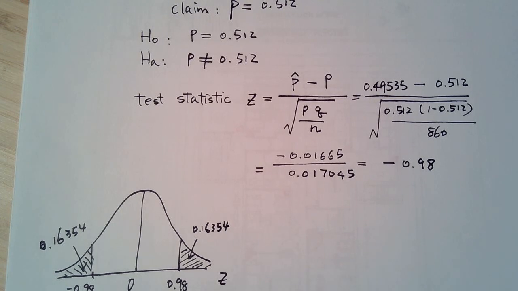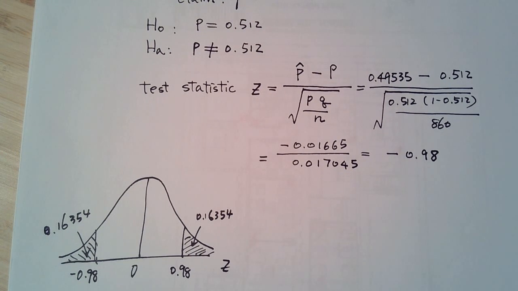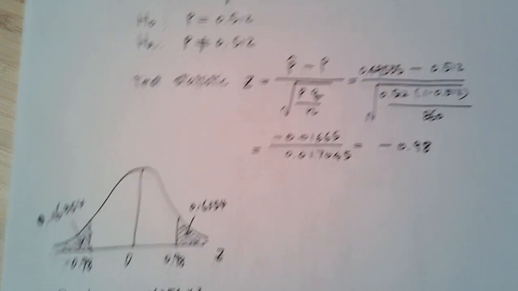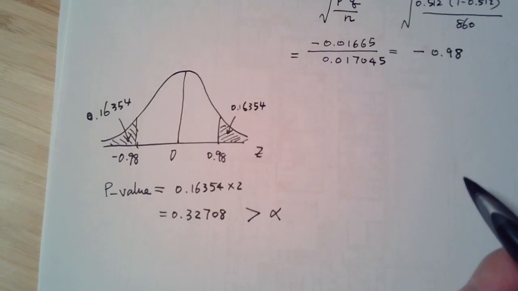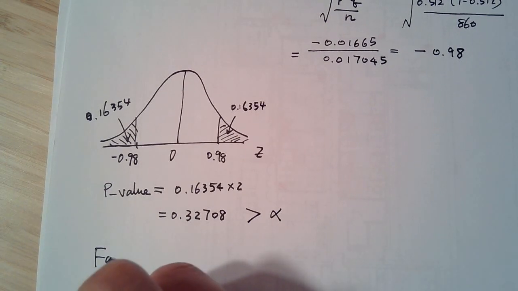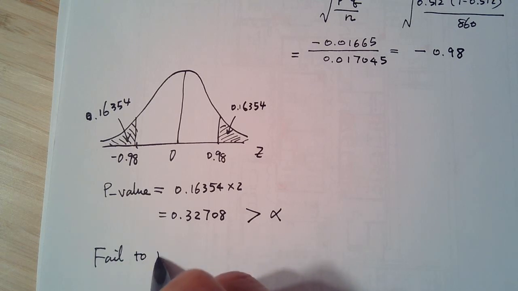So the p-value is 0.16354 times 2, which is 0.32708. You're going to compare the p-value with alpha, and it is greater than alpha, because alpha is only 0.05. So you fail to reject